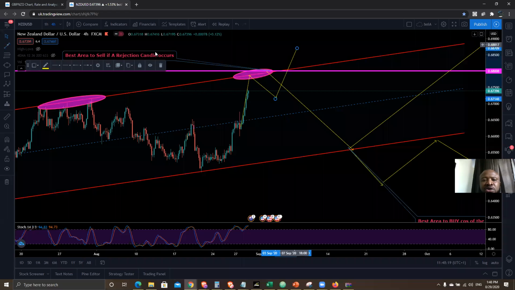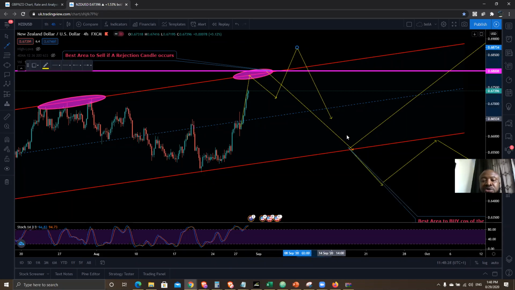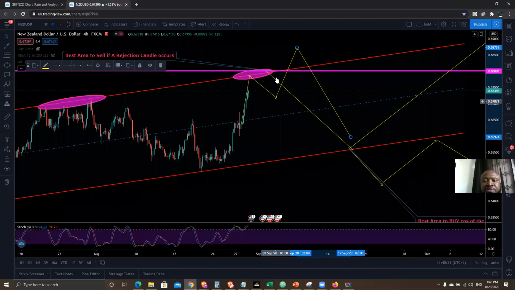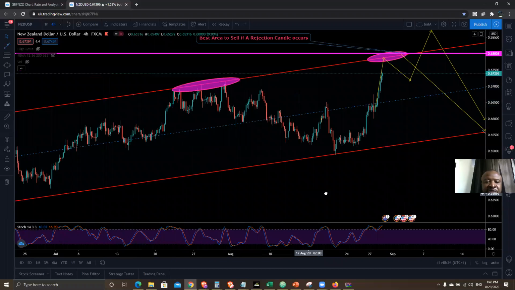And it's after that continuation that maybe if price now starts to break down, there's no more buyers because everybody has already bought, is when we're now going to see these results, because this area is an area of mass psychology. So let's have a look at it over here.